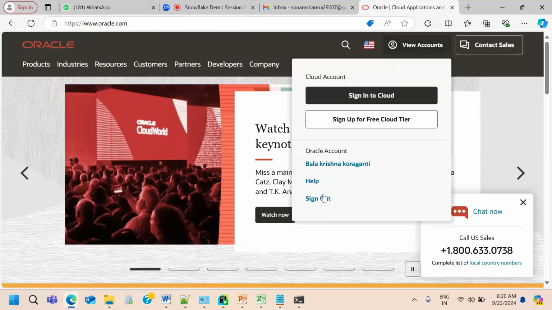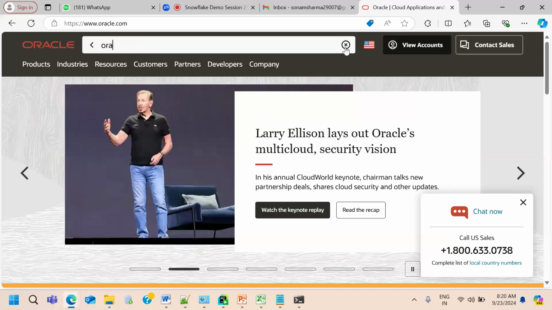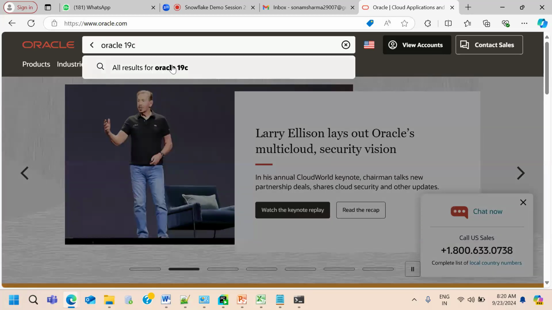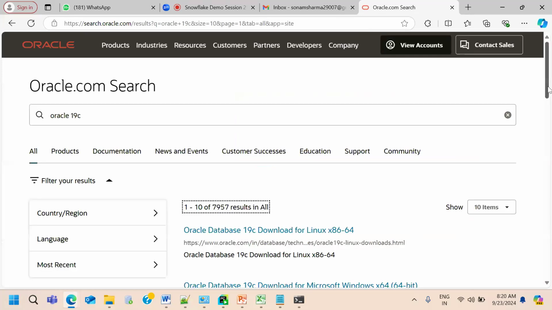So first, I need to log in. I need to search for the required software. Let's say I want to install Oracle 19c. So this is the latest version. So I want to install this. To install this, you need to search for that, and